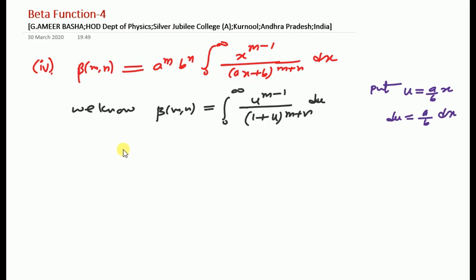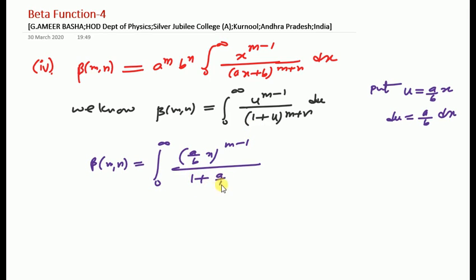So with this, what I have, beta mn will be equal to integral 0 to infinity. In place of u, I am substituting (a by b x) whole power m minus 1 divided by, here it will be, (1 plus a by b into x) whole power m plus n. But in place of du, a by b into dx. So after the substitution, we just need to simplify here. So beta mn will become,